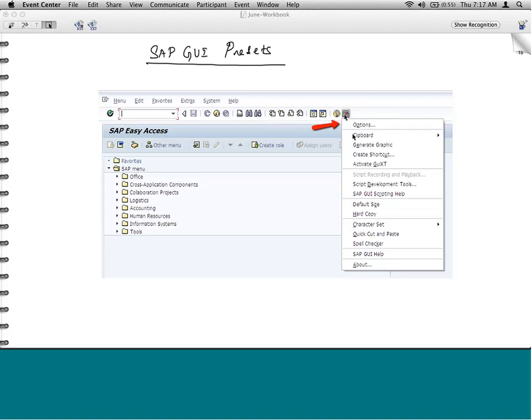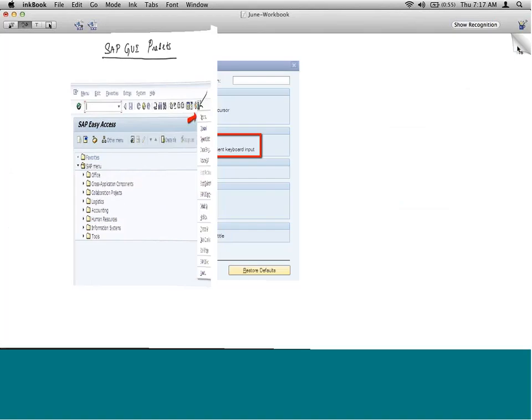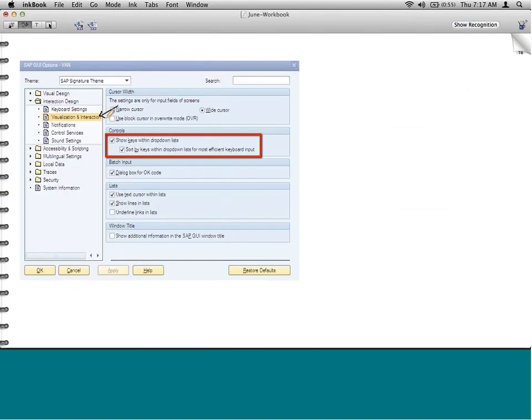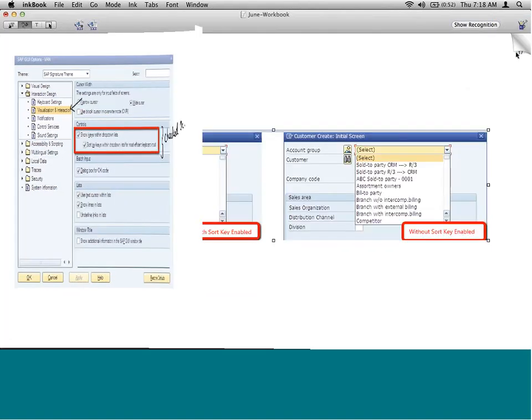As soon as you log on, you click on this button that looks like a set of colors, and then click on options. As soon as you do that, you get this window on the latest GUI, and click on visualization and interaction, and make sure these are checked on. As soon as you do that, what happens is, if there is a drop down,